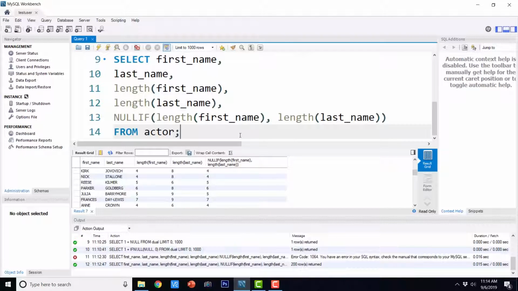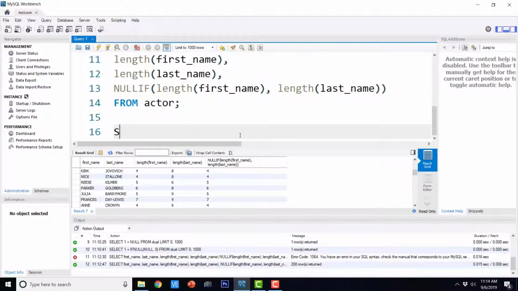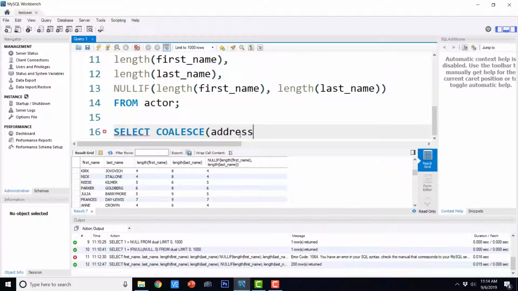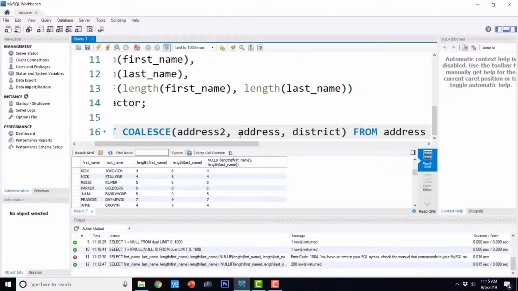Now let us see the COALESCE function. SELECT COALESCE(address2, comma, address, comma, district) FROM address.